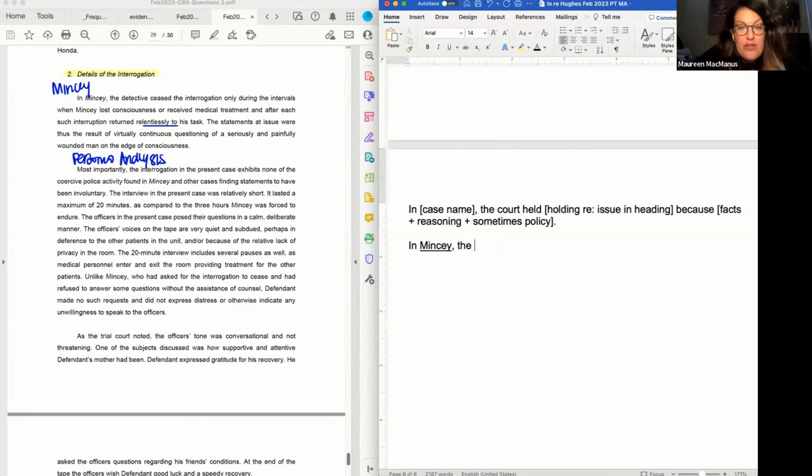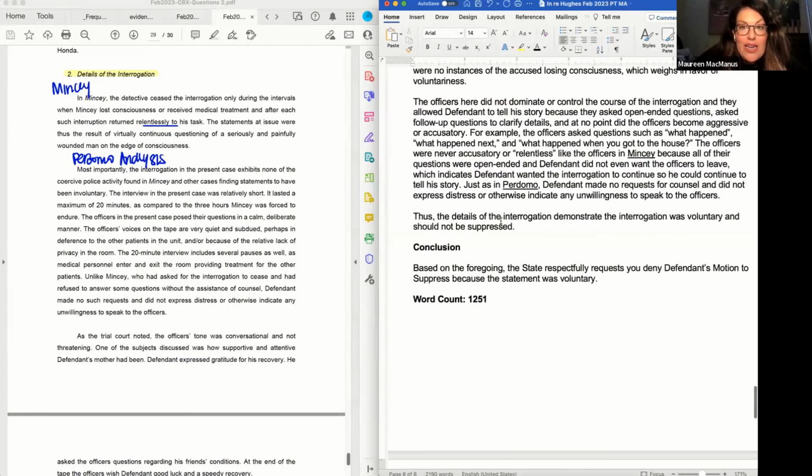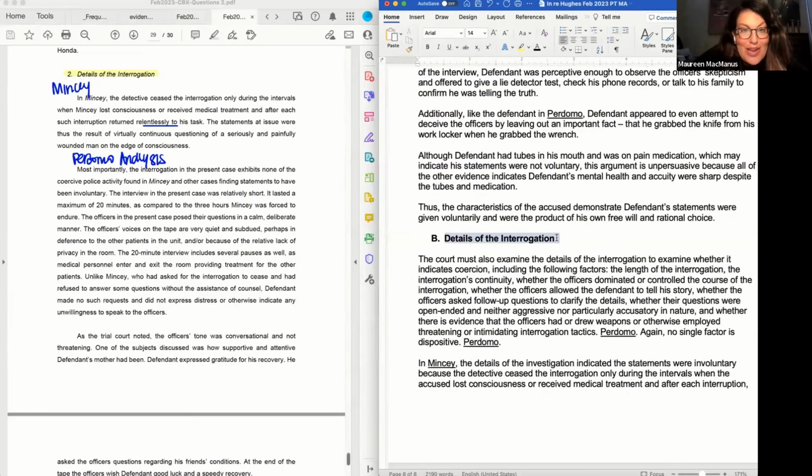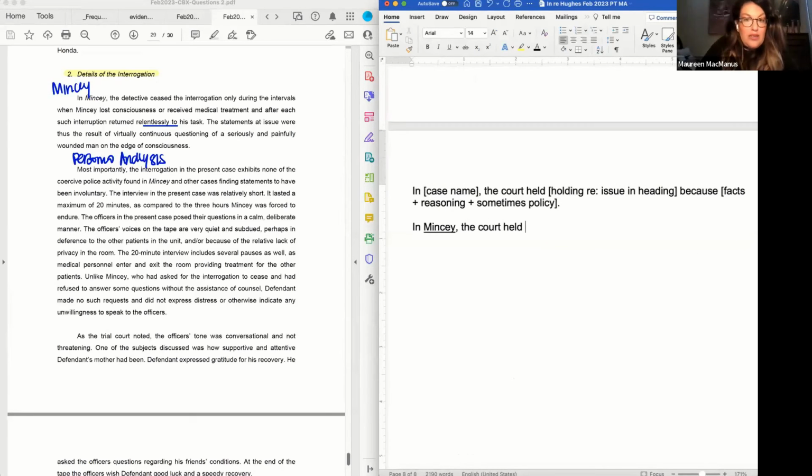Okay, then I say the court held. So I'm talking here about the details of the interrogation, right? How did the court hold the details of the interrogation demonstrated whether the statement was obtained voluntarily? When I say the holding regarding the issue in the heading, I'm talking about the issue that I'm writing under. So like the details of the interrogation. How did they hold regarding this particular issue? Not the whole thing, just the details of the interrogation. So in Mincy, the court held the details of the interrogation demonstrated the statement was obtained voluntarily because, so the court held,